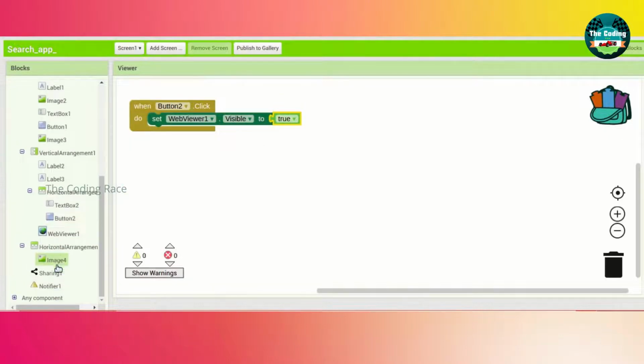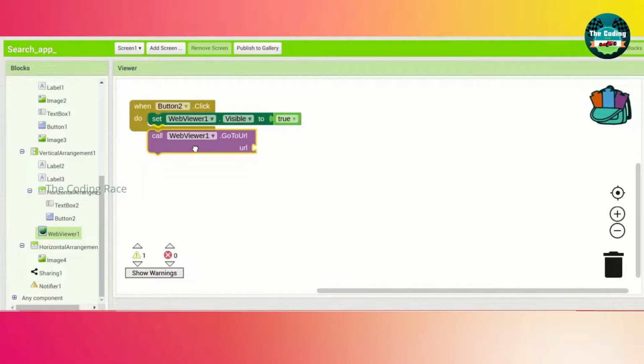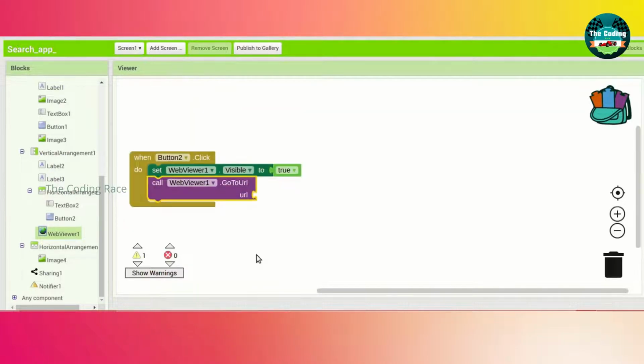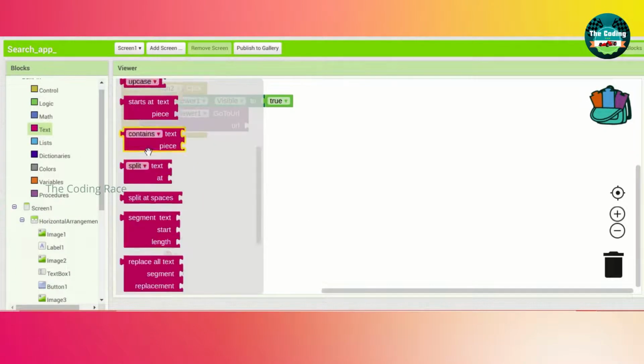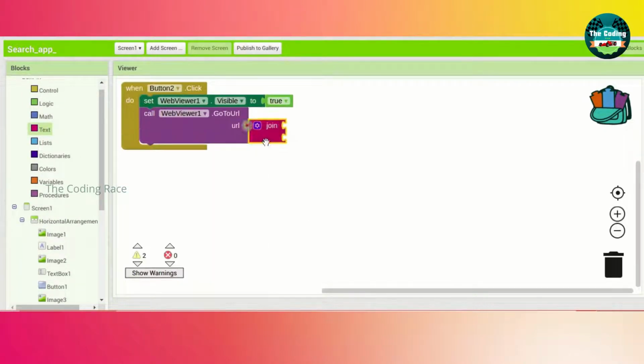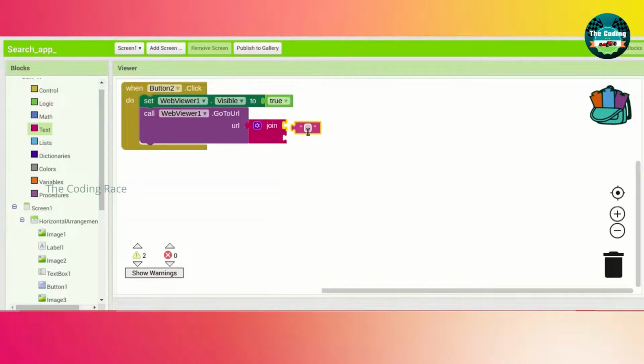Go to blocks section. When button 2 click, drag and drop it here. Go to web viewer 1, drag and drop set web viewer 1 dot visible. Go to logic and drag and drop this true. Go to web viewer again, drag and drop call web viewer 1 dot URL.